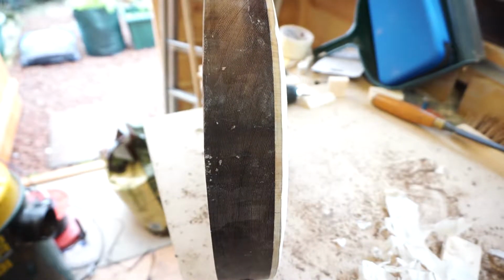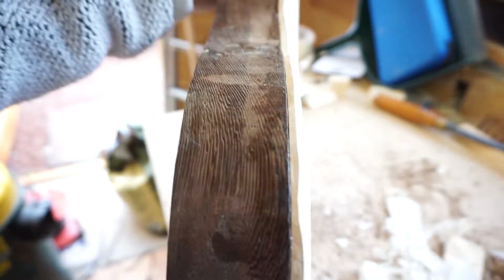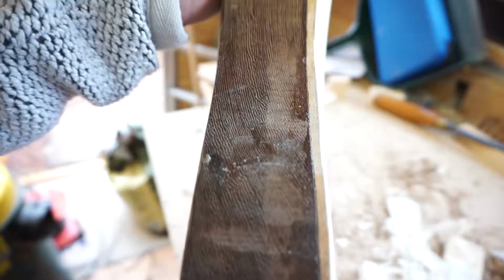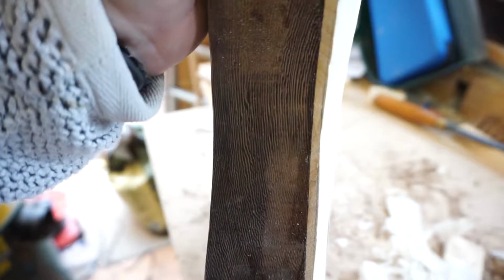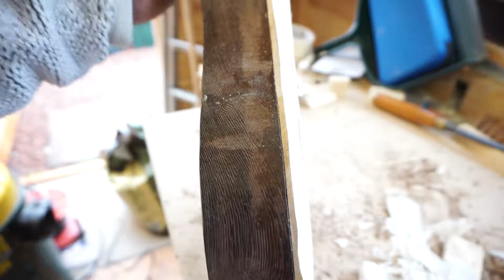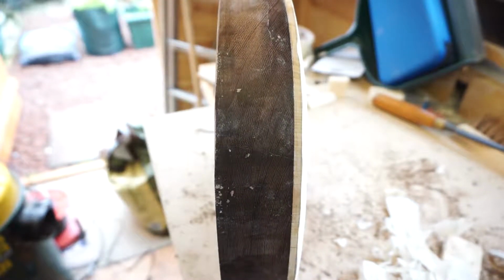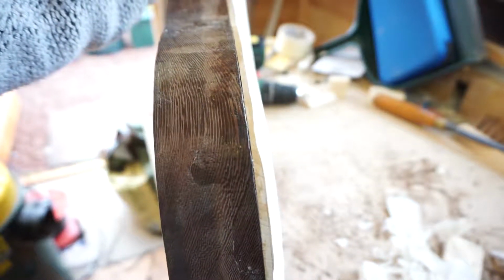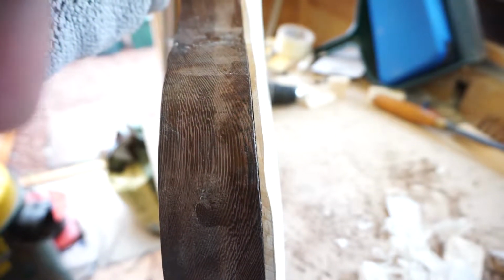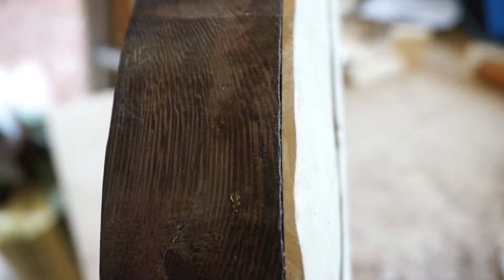First impressions, as always. I don't think it's perfect, but it's okay. It's probably extremely hard for me to show you on camera, especially in this light, but certainly in that area I was a little bit concerned about. If I zoom in a bit, as I say, there's that little lip there,